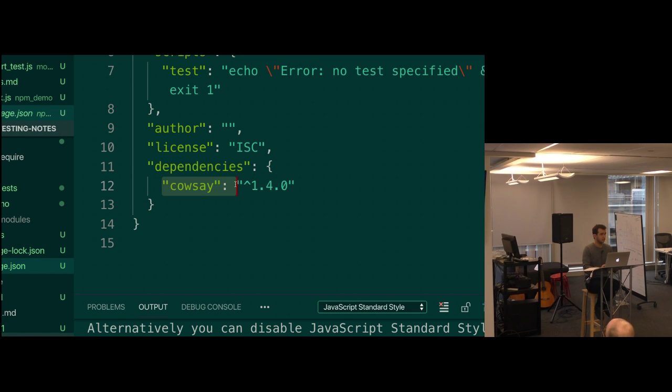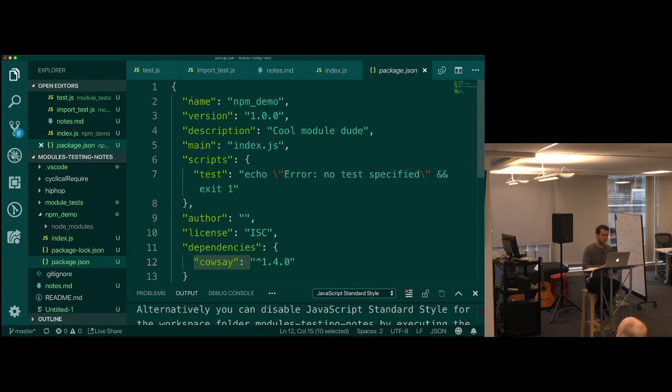It has added that module to our list of things that our program depends on. So this file, over time, as you npm install more and more stuff, becomes a canonical place where all of the things that your program needs to run are listed out.